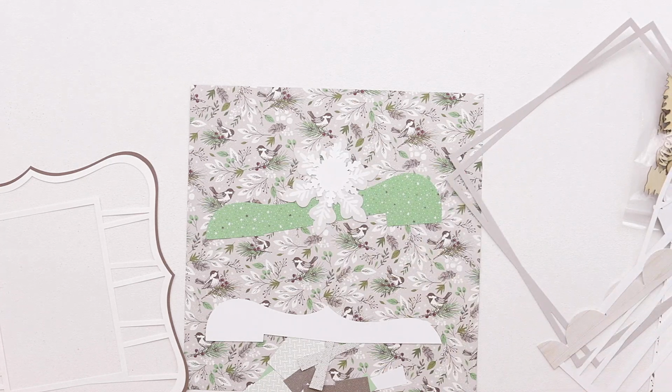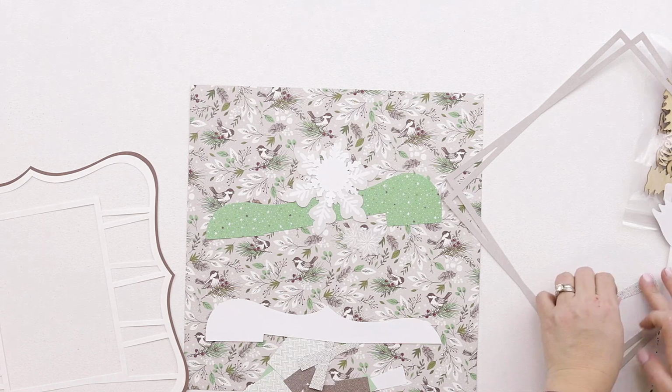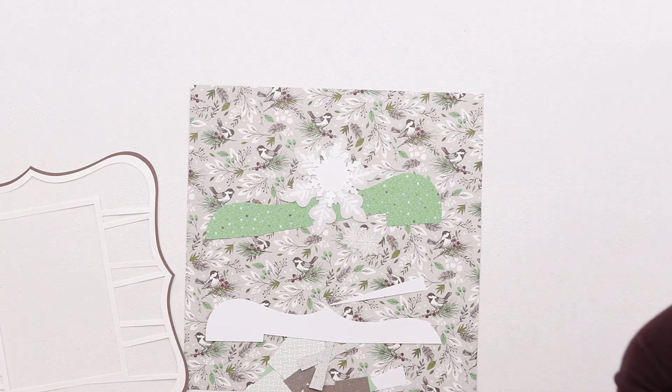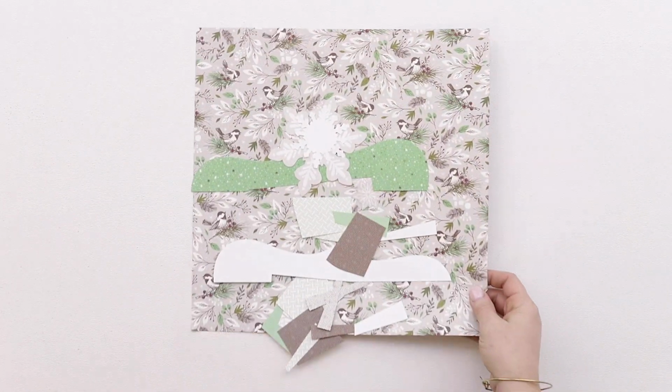And so you can see off to the left, I've got my overlay. That is kind of the statement piece of this layout. And so I'm just going through the die cut sheet. They're labeled so you can see what goes with which project, so you can easily find all of the pieces that are going to go to each individual project. So now that I've got all the pieces collected, I'm going to build this bracket frame that's going to be